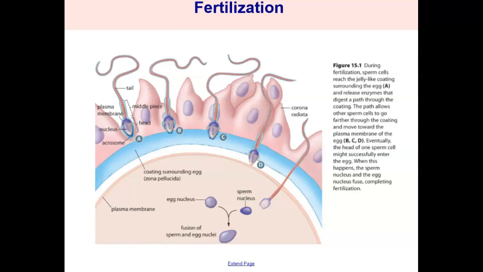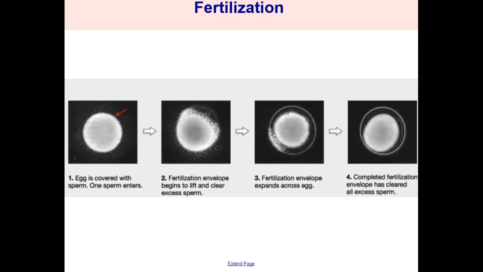It wants you to draw a general picture of this before you move on to the next slide. Okay, the other thing that is important when we're talking about fertilization is that sometimes the egg will be found by more than one sperm. To ensure that we only get fertilized by one sperm, it's really important that the egg has some sort of mechanism to prevent it from getting fertilized by multiple sperm. It's called the fertilization envelope, and imagine it like a mechanism that flicks off all the sperm around it, so that once one sperm gets inside the egg, the rest of those sperm trying to get in get flicked off and thrown away from the egg,